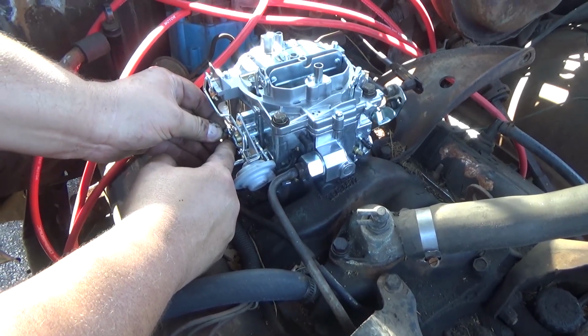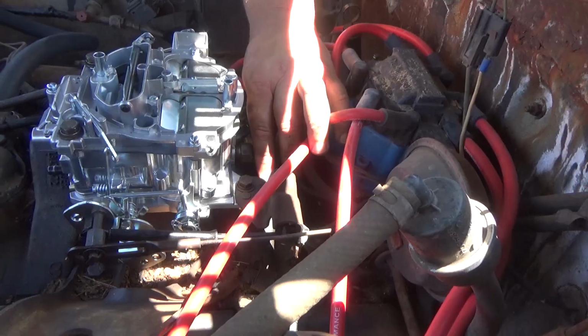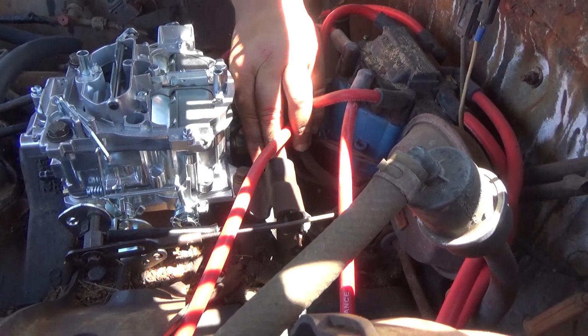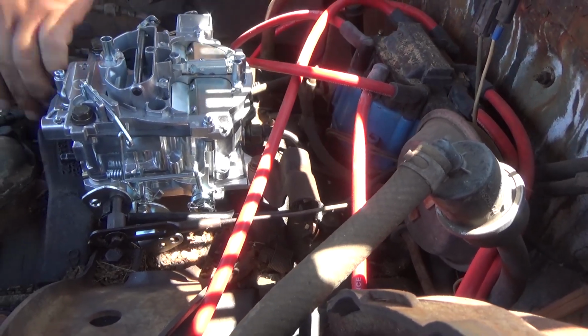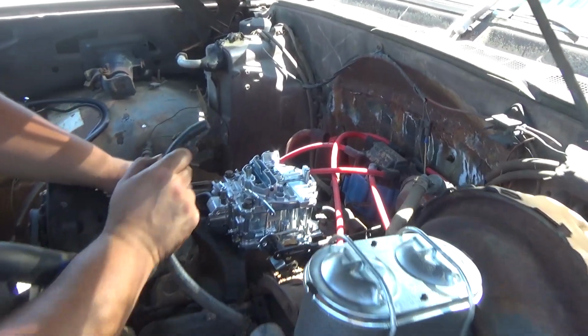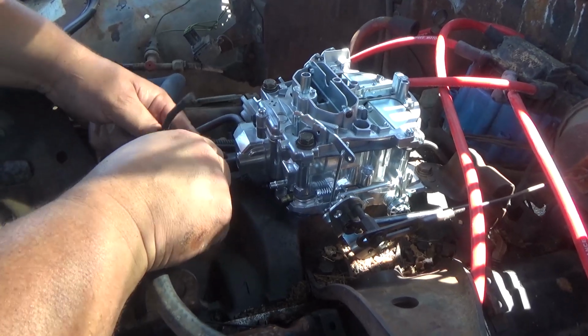So I'm gonna get it on there, and boom, just snapped in. All right guys, so hooking this back fitting up, and then I am done with all the hard fittings. I'll come back and tighten this up, and we're gonna go ahead and hook up all of these vacuum lines now. All right guys, so we're gonna put on all of the vacuum lines, and these are just gonna press